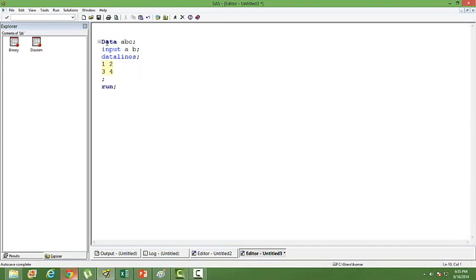Remember one thing, in the data statement, if you haven't mentioned any library name, well, the ideal way of defining your dataset name is that first you mention your library name dot the data name. Okay, if you want to create it in the LIB library, you have to put it like this, LIB dot ABC. So the data ABC will be stored in the library LIB. But if you don't mention anything there, this dataset will be saved in the work library. Okay, let us run this.